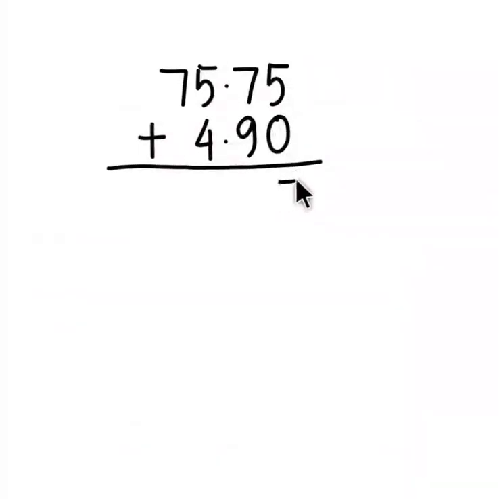5 plus 0 is 5. 9 plus 7 is 16. So we'll carry 1 out here. Then we'll put the point. Then 4 and 5 is 9 plus 1 is 10. Alright, and the carry 1. And 7 plus 1 is 8. So we got 80.65. And now we have to subtract